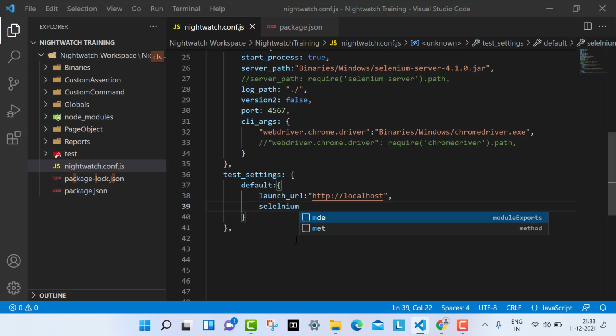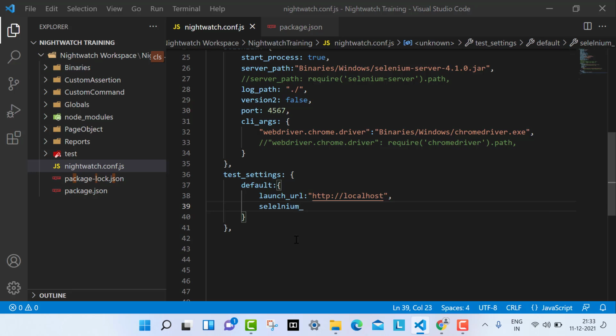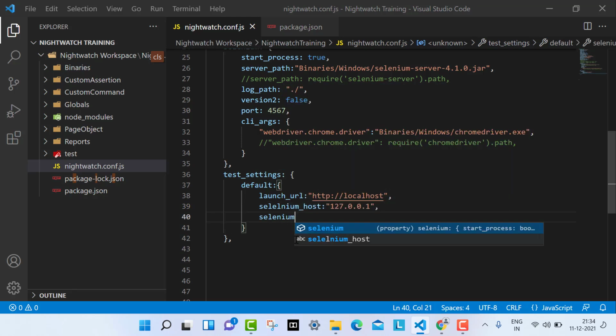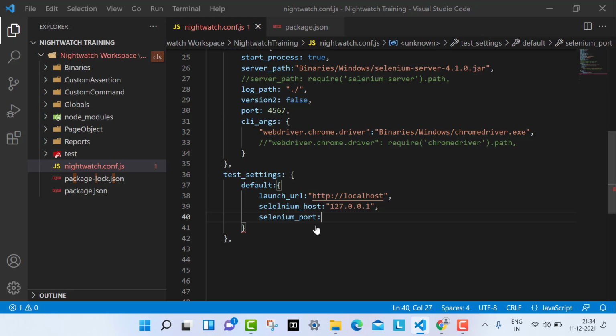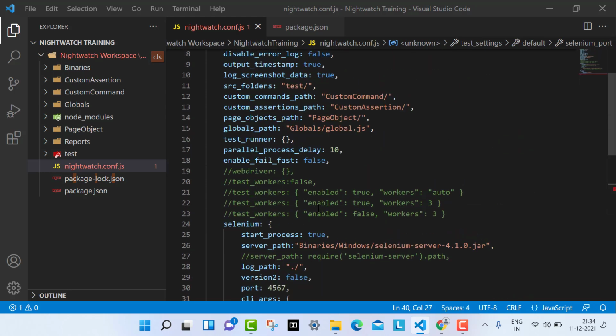Selenium underscore host, and I'm going to put 127.0.0.1. Then the next will be Selenium underscore port.